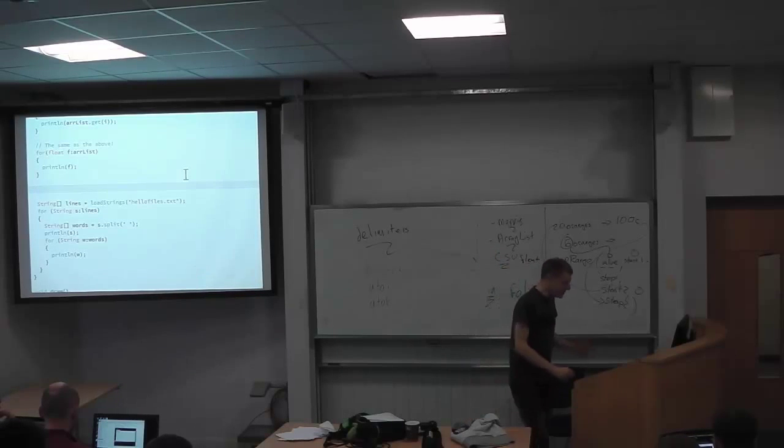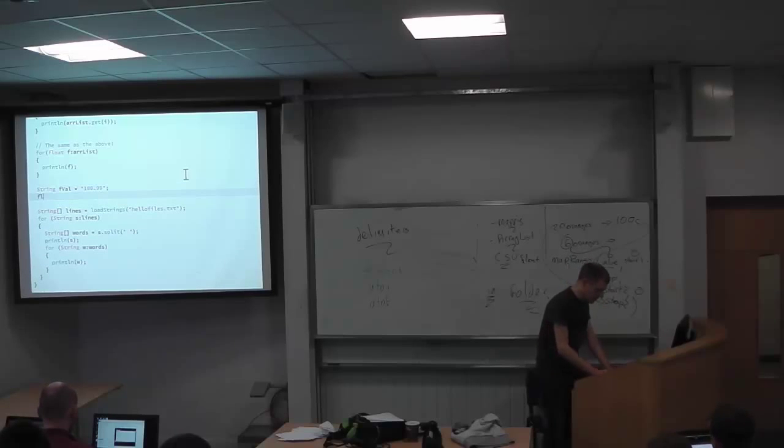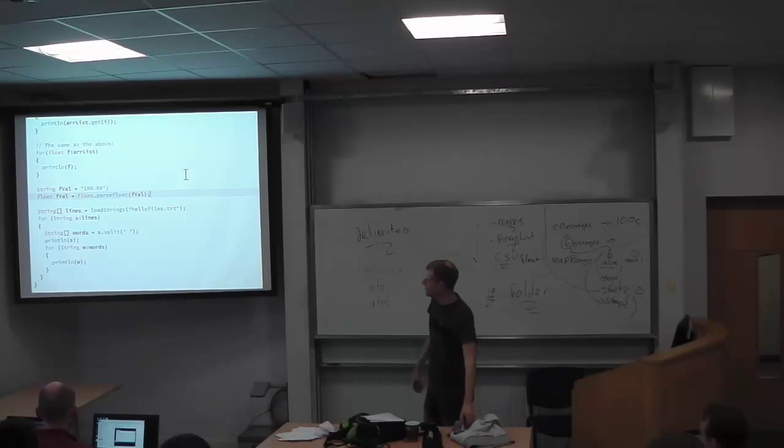In Java, it's kind of different. Let's say I make a string. Let's call this string fval, and I say it's equal to the string 100.99. Alright, that's the string value. If I want to convert that to a float, you go float fval equals Float.parseFloat(fval). There might be a nicer way to do it in Processing, but this is the Java way to do